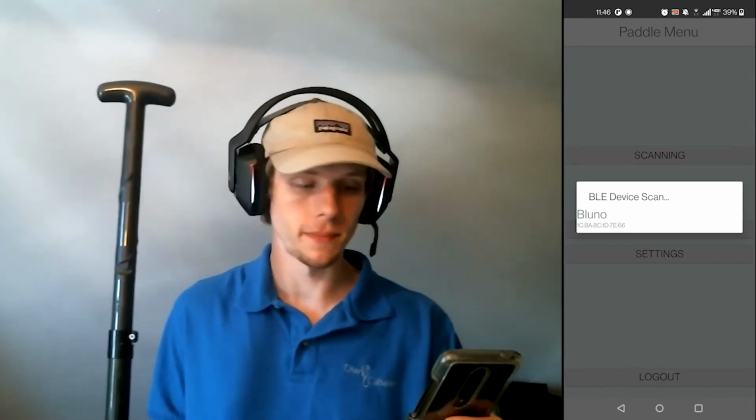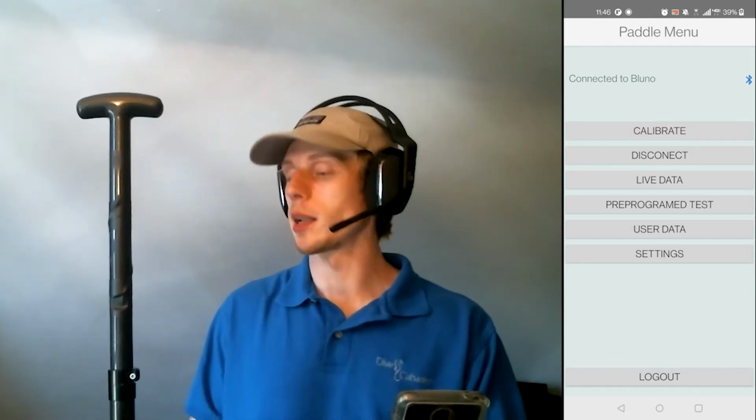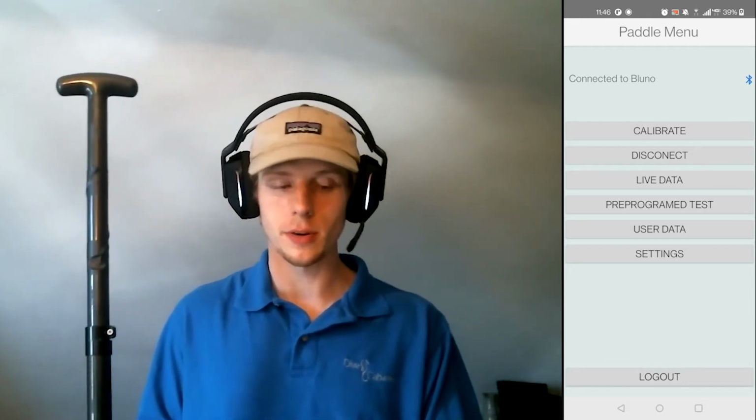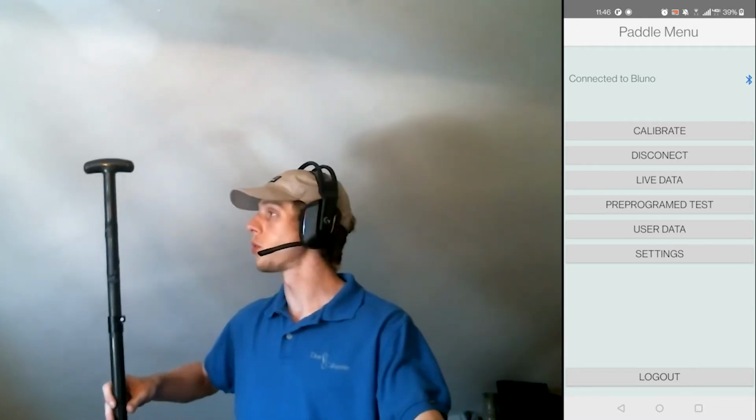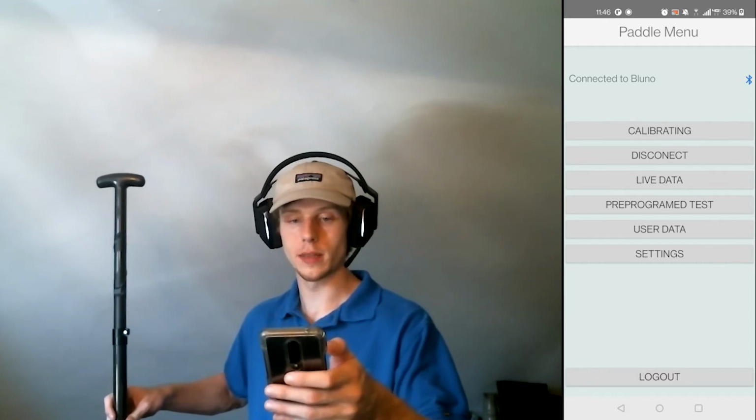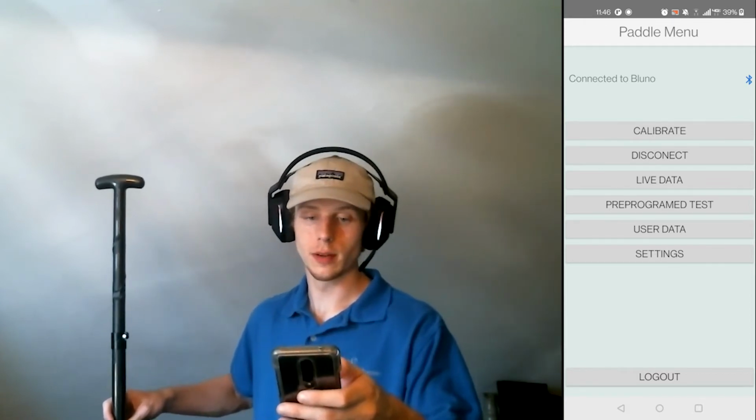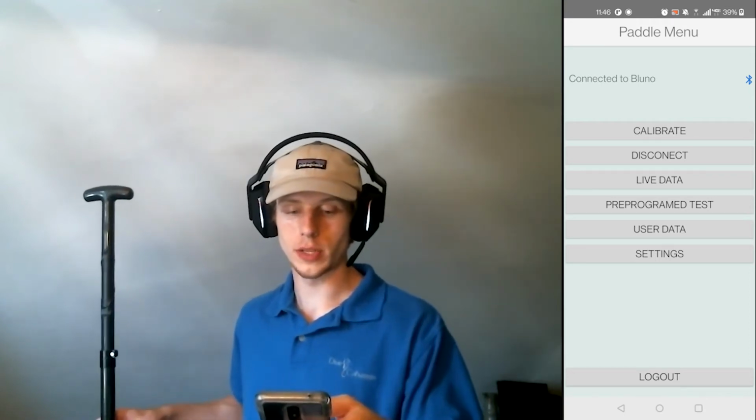And then Blueno comes up. So I'm going to go ahead and pick Blueno because that's the name of this. And then we're going to go ahead and calibrate. So that's always the first thing you should do with this paddle, just so you get more accurate data. So the trick to calibrating is just to hold the paddle upright and then press the calibrate button and then wait for a few seconds. And then it should say that calibration is completed. Excellent. So now we can either go into live data or do a pre-programmed test or check our user data